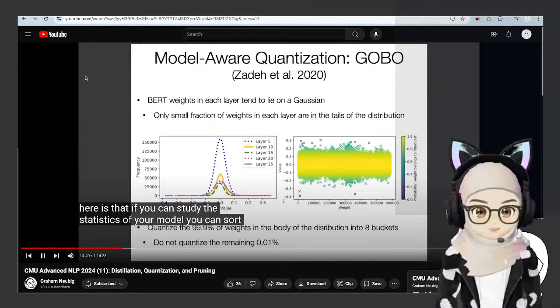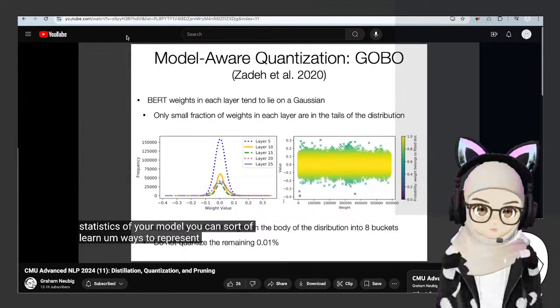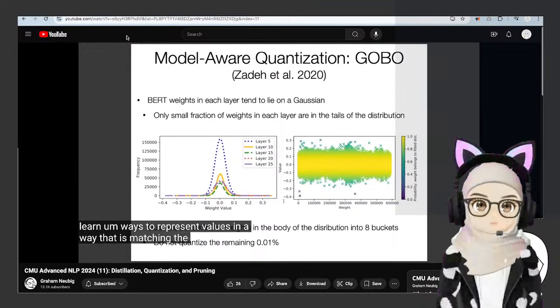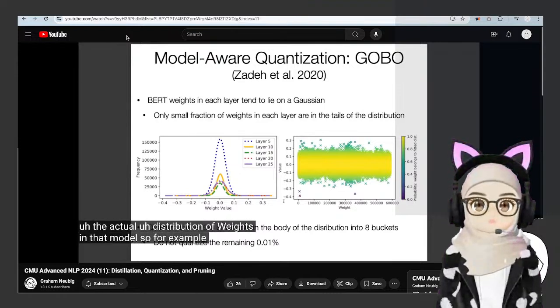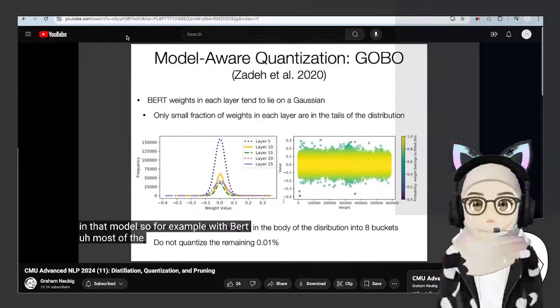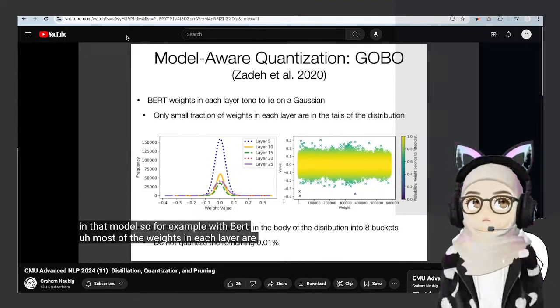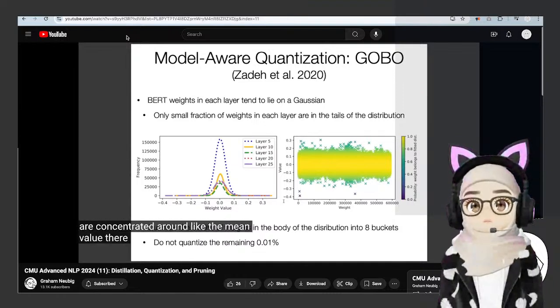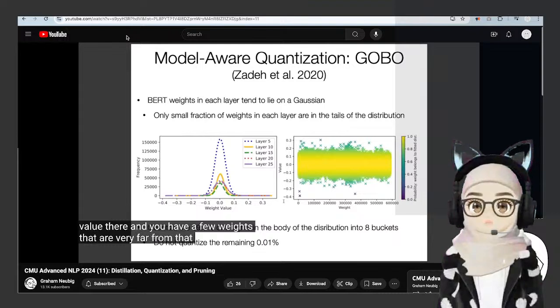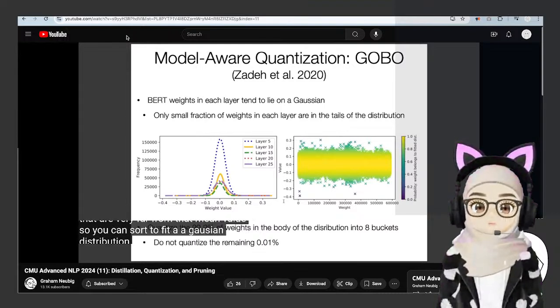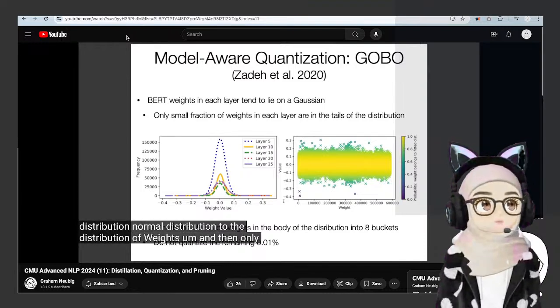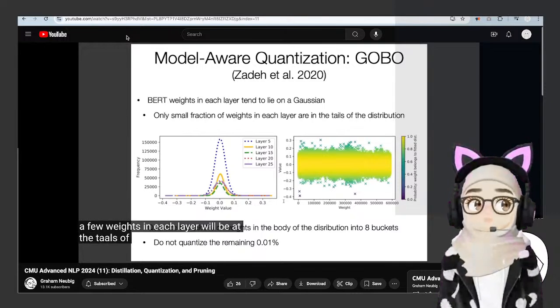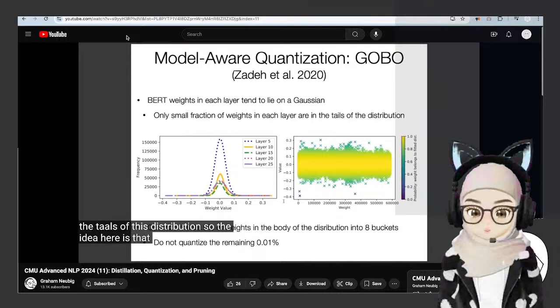of your model, you can learn ways to represent values in a way that matches the actual distribution of weights in that model. So for example, with BERT, most of the weights in each layer are concentrated around the mean value, and you have a few weights that are very far from that mean value. So you can fit a Gaussian distribution, a normal distribution, to the distribution of weights. And then only a few weights in each layer will be at the tails of this distribution. So the idea here is that, therefore, and just to motivate this a little more,